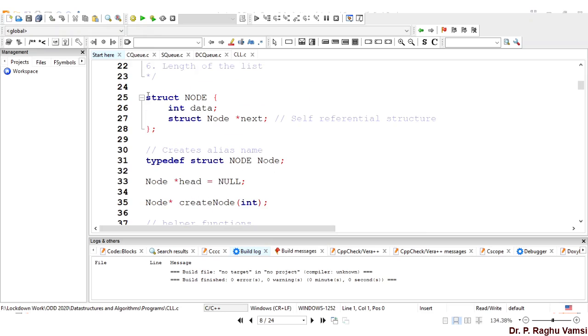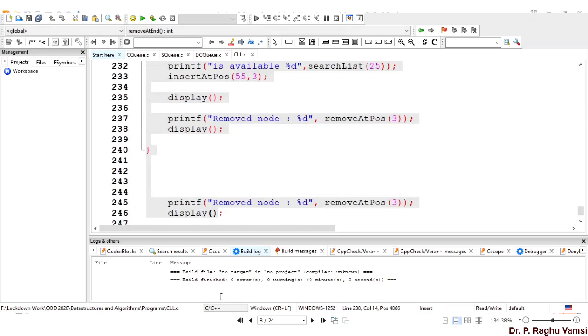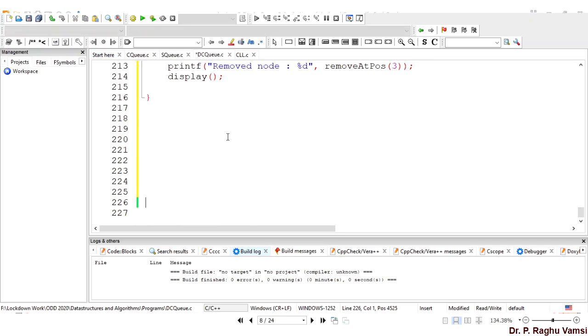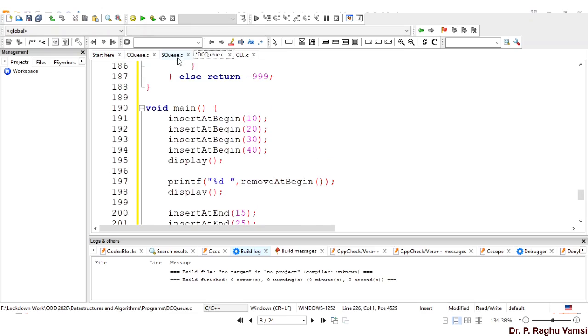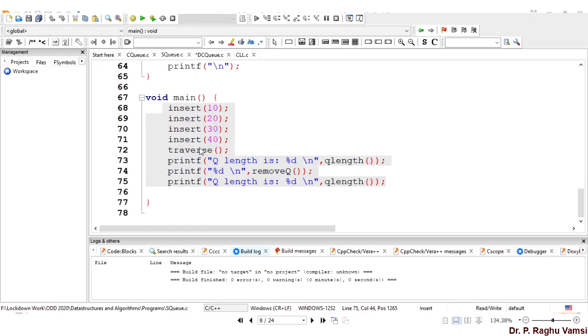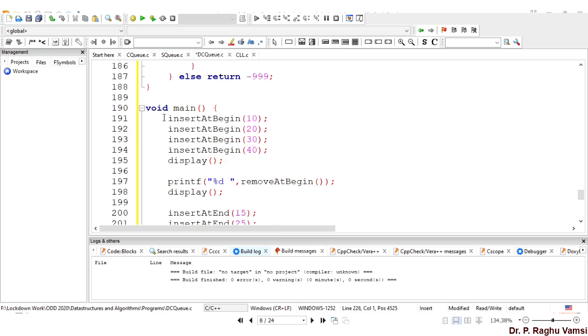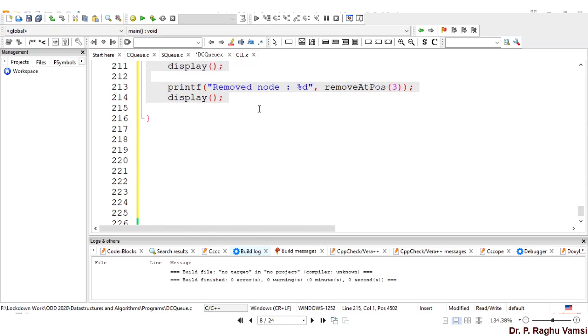In the circular linked list, whatever code is there, I am taking as it is. Whatever functions we have used here, insert, the same functions we can use in the DQ, dynamic circular queue.